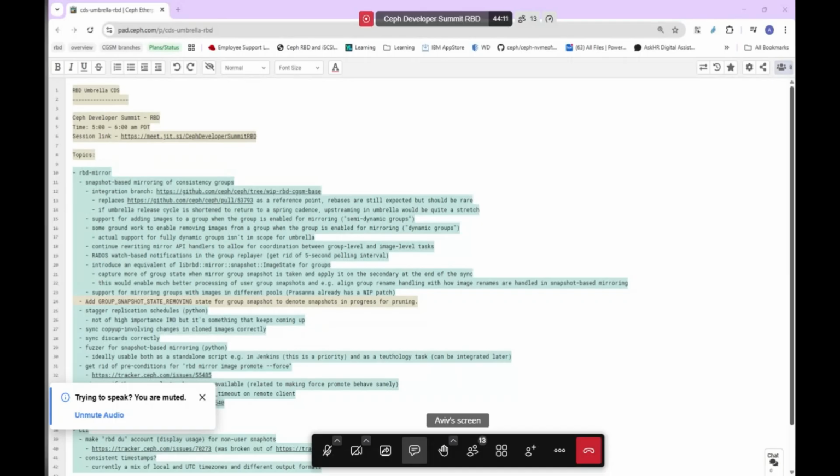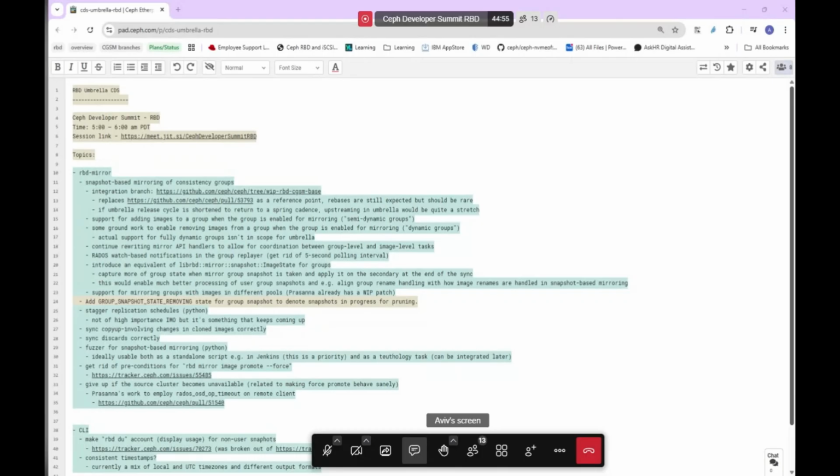simulating failovers, but all of that controlled so that it's not completely random, but takes into account what the workload is doing, takes into account the current state of the image or the current state of the group on the primary, validates that the state is as expected on the secondary, then performs an operation, waits for that operation to propagate, for example, right? Because some of those operations, you first need to wait for it to reach the secondary. So the tool would have all of that knowledge baked into it,